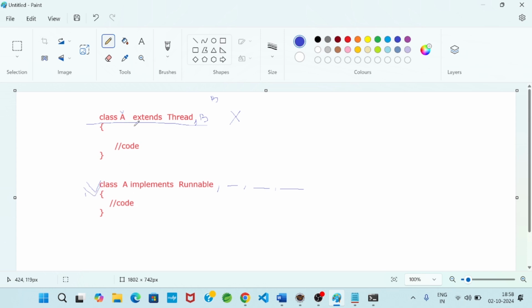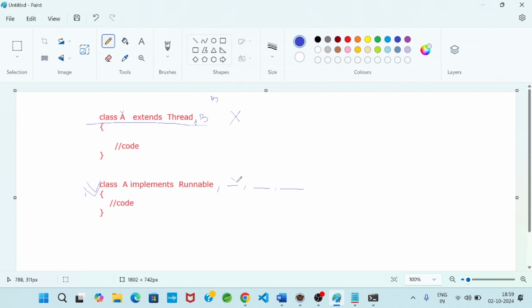Class A extends only the thread class; apart from it, class A never extends from other classes, otherwise it represents multiple inheritance, which Java does not support.